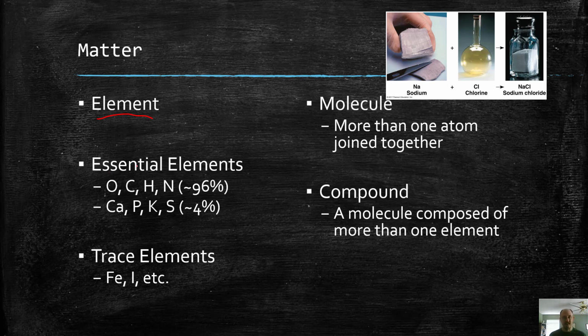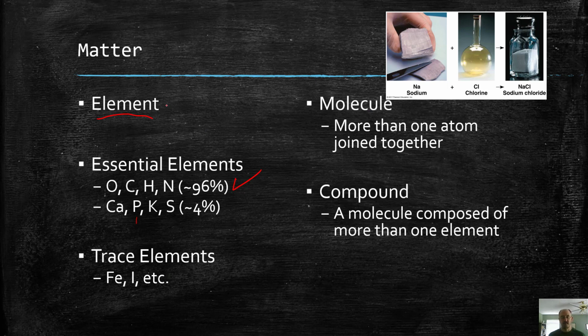So the essential elements, those that are essential for life, are shown here. I would like you to be familiar with the 96% of the elements found in life. That's oxygen, carbon, hydrogen, and nitrogen. So those are those responsible for biology for the most part. Of course, other elements are important as well, like phosphorus and things. You can't have ATP without phosphorus, right? They're important, but they're not as abundant in life as those essential elements. There are also some trace elements found in life, like iron and iodine and things, but we're going to focus on those essential elements.